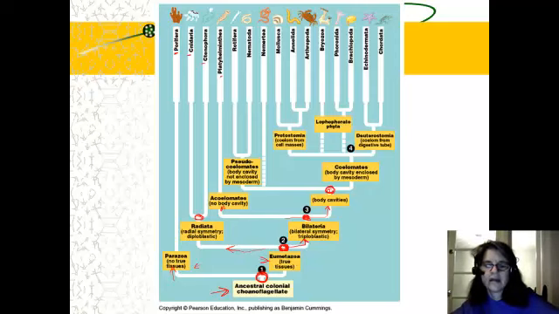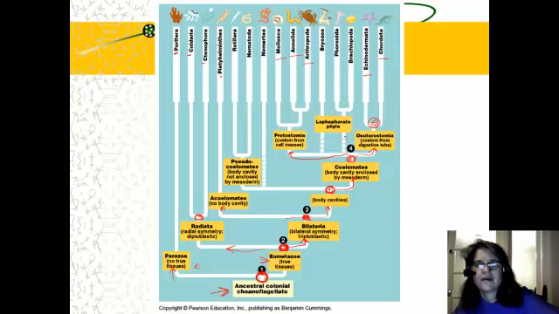So right here, a common ancestor then gave rise to these groups that have a true body cavity, and within that group there is the sort that has the deuterostomic development and the protostomic development. And so those are the basic splits. We can see the protostomes include the mollusks, the annelids, and the arthropods, and the deuterostomes, the echinoderms, and the chordates. And this shows that they share a recent common ancestor, or more recent,